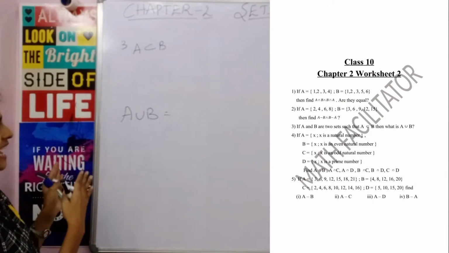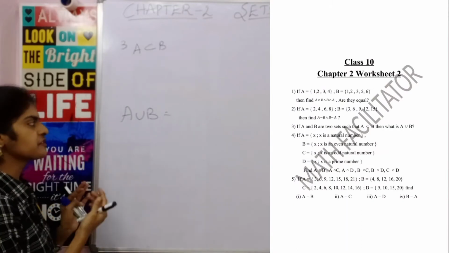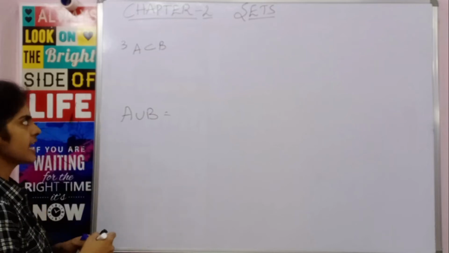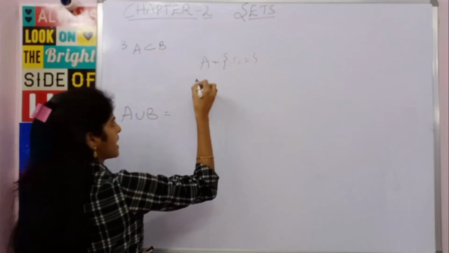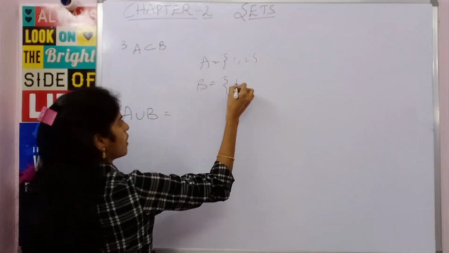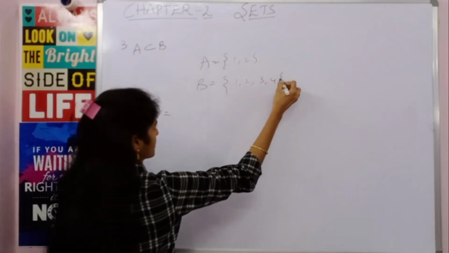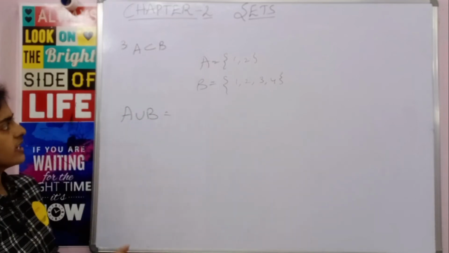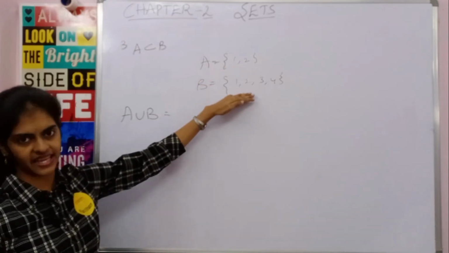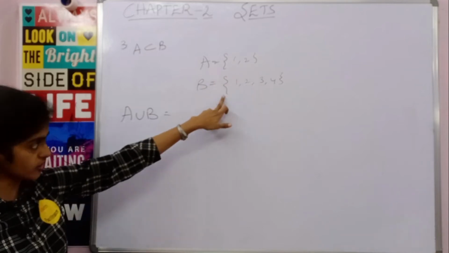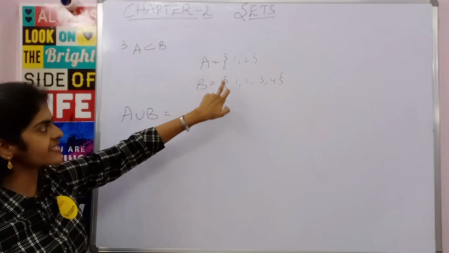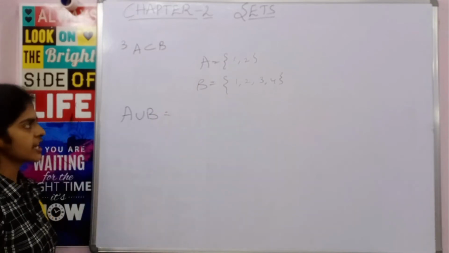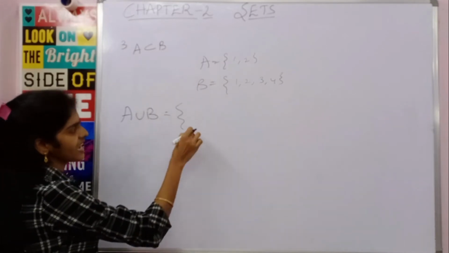It is given that A is a subset of B and you have to find A union B. For example, let us take A equal to elements 1 and 2 and B equal to elements 1, 2, 3, 4. Why did I take it this way? Just see now, A is a subset of B. A has elements 1 and 2, B has also the elements 1, 2 and it has some extra elements also. So you can say A is a subset of B. Now when A is a subset of B, what is A union B?